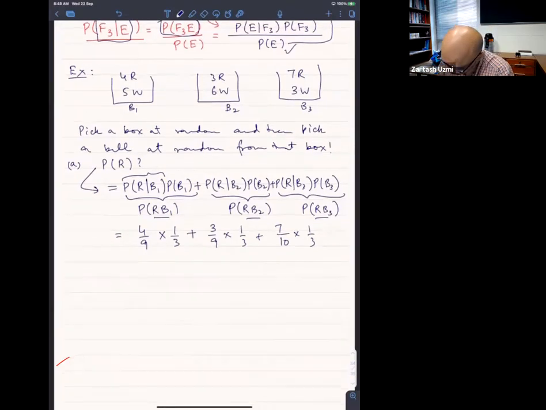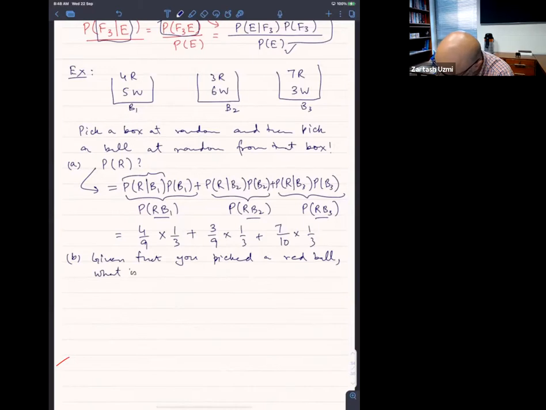Great. Okay, now second question. We solved the first one by the partition, by conditioning on which box you had at the first stage. Now I am going to ask the Bayes rule type of question: given that you picked a red ball, what is the probability